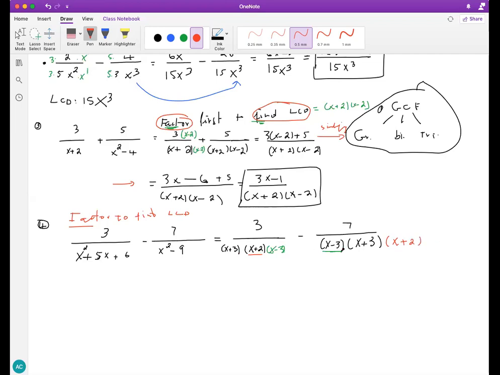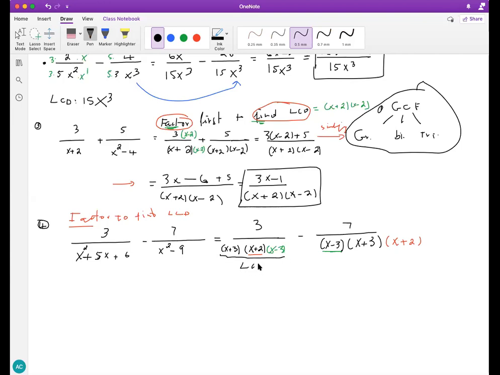Again, the denominators must be identical, exactly the same. The order of the factors doesn't matter, as long as you have all the factors. Because 3 times 2 times 5 is the same as 5 times 2 times 3. We call this the commutative property of multiplication. So don't worry about the order. As long as you have the same factors, that's all we care about. Good. So let's call this the